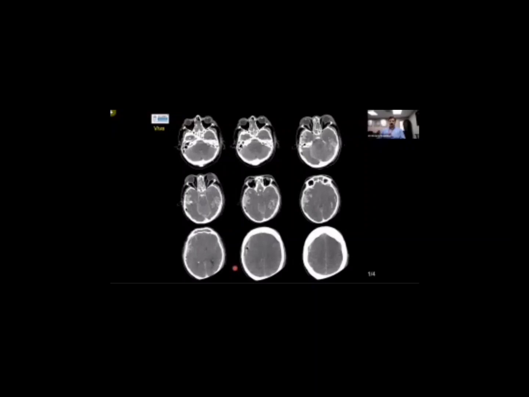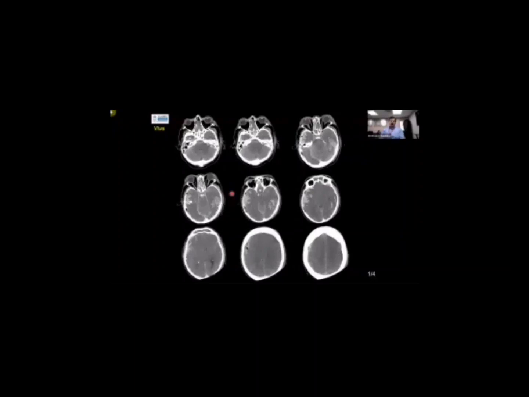It will be discussion. What is happening? Why is it happening? And if you see here, loss of complete effacement of CSF spaces was a critical finding here. You don't see any basal cistern, any sylvian fissure. Complete loss of gray-white matter differentiation means there is ischemia, and maybe there is a bit of blood coming in the posterior circulation, and that's why the cerebellum is still white, as in viable. The rest of the findings you picked up very well, and of course you have to tell the examiner that